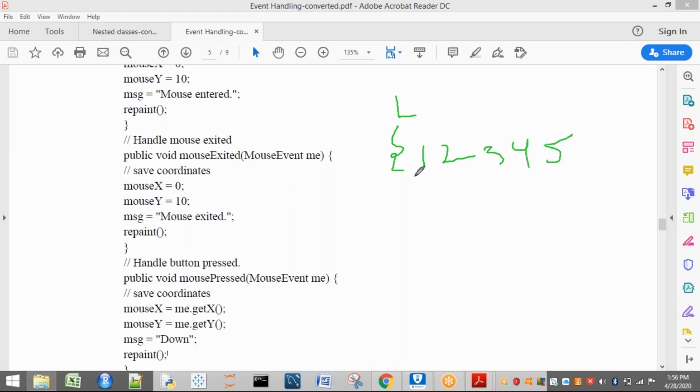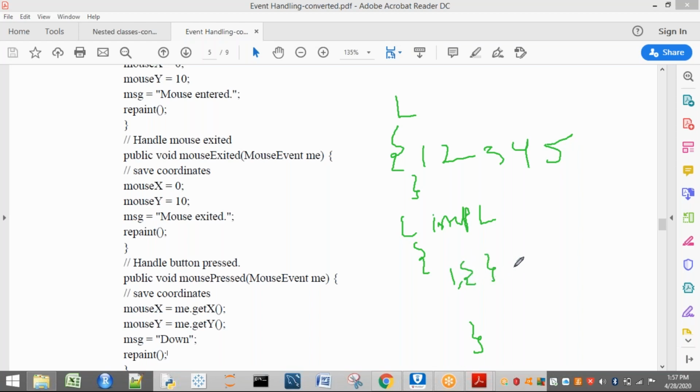It may be any interface, for example, any listener interface. So 5 methods are there. My class says it will implement some listener interface. Now tell me what the case is here. Your class has to implement all the methods of this listener. That is 5 methods. That means it has to give at least empty bodies.